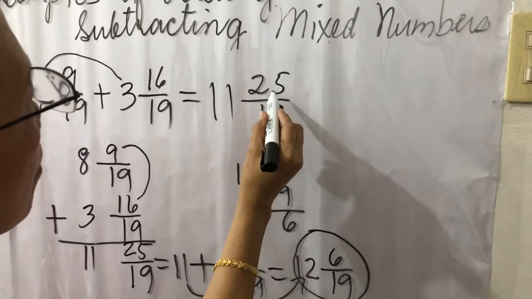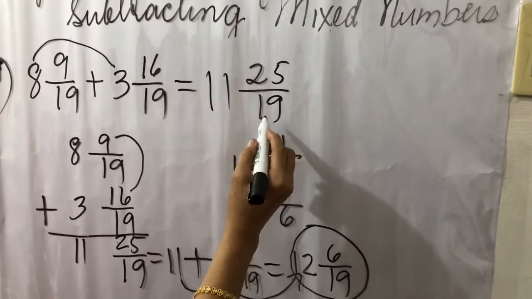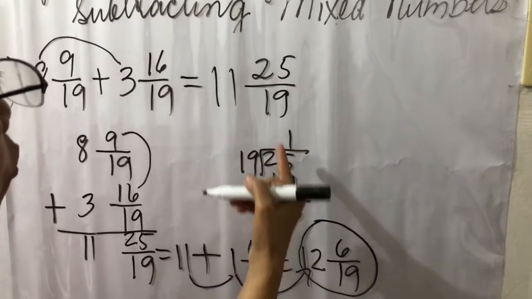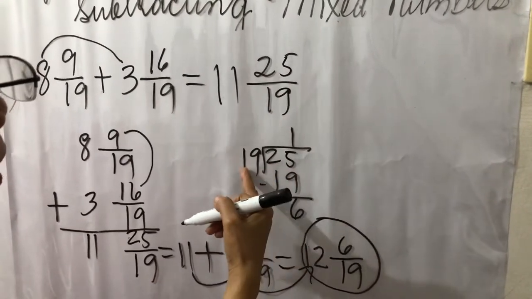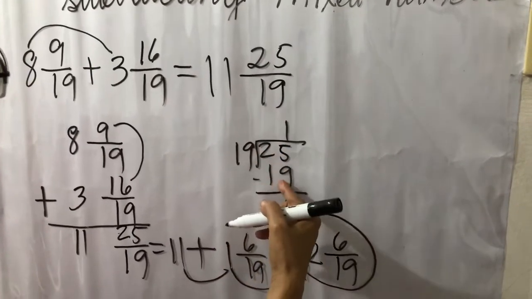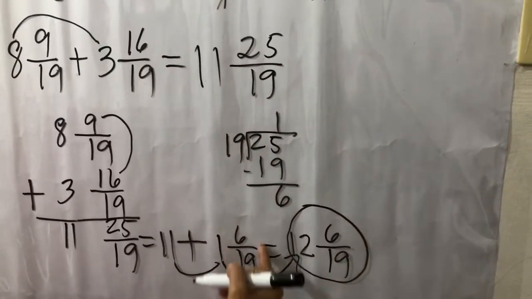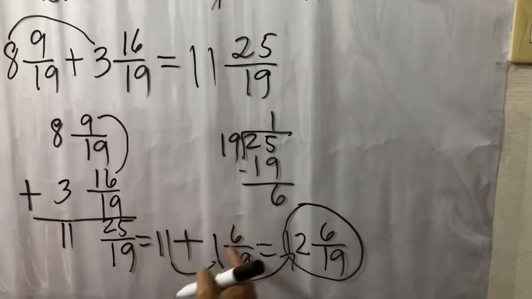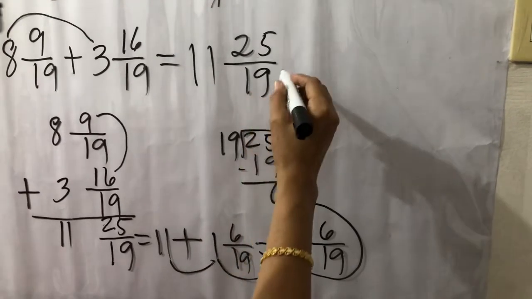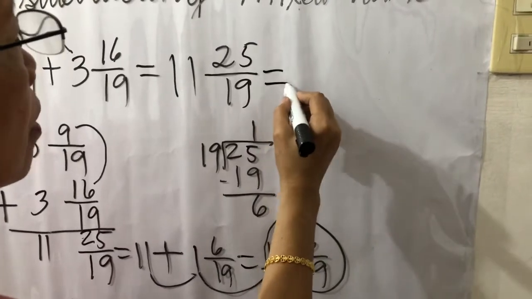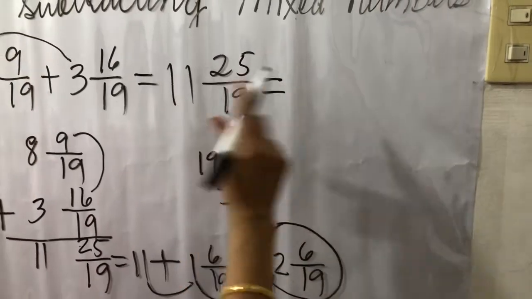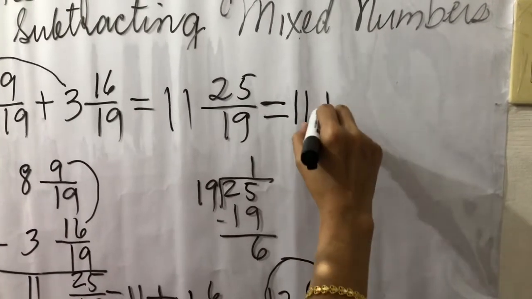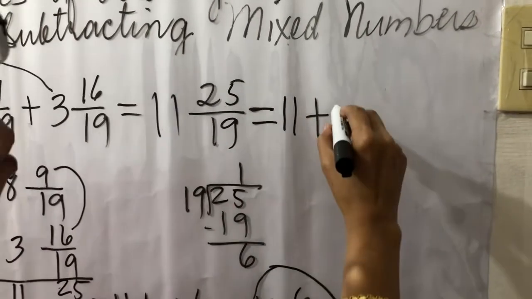So the numerator 25 is greater than the denominator 19. So same to this, we divide 25 by 19. So we have 1, we have 19, we have 6. So we have the equivalent mixed number 1 and 6/19. So that is equals to, you write the equal sign, and then you rewrite 11, and then plus, we have 1 and